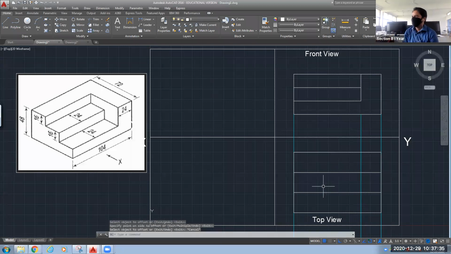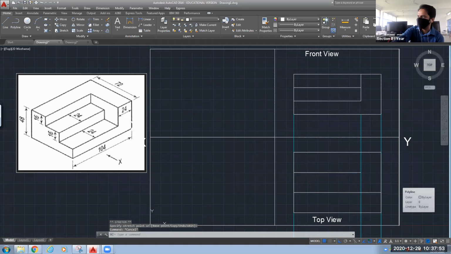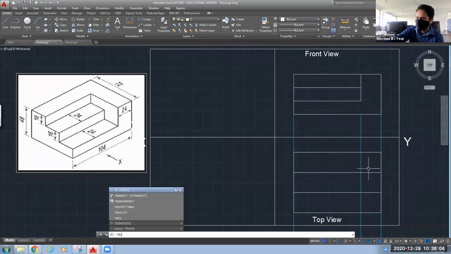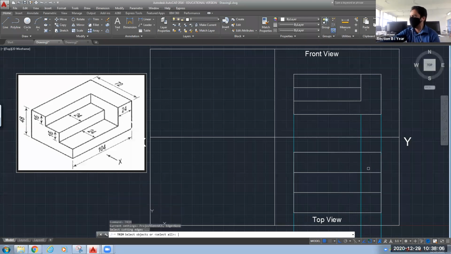Now we don't need this portion. So either you can trim this part, that is one way, or you can just drag and drop up to the location wherever you want it. This is one way. Okay, there are two ways. The one that I have used like stretching, using stretch you can increase the length and you can compress it also. And the other way is using your trim command. So you can use your trim command also. That is one of the ways.